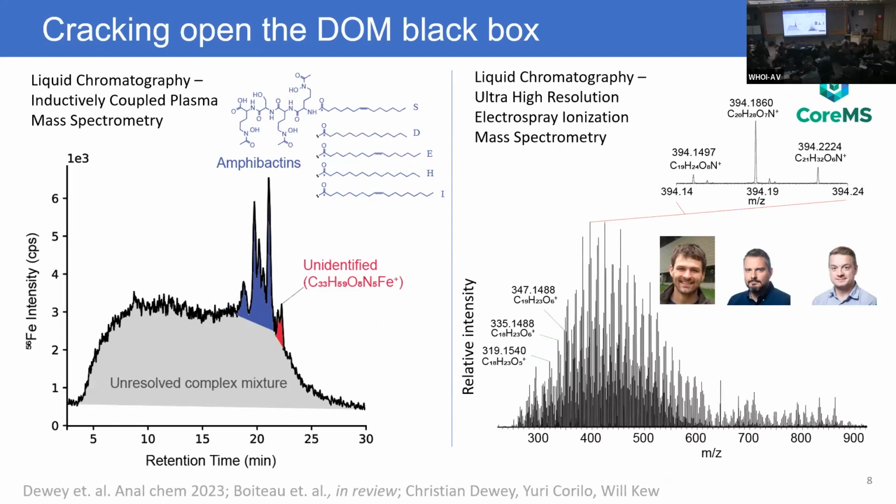And so LC-ICP-MS, again, is great because it gives us quantitation of these different pools, but it doesn't perfectly resolve everything, right? So this unresolved material, these degradation products, probably represent a mixture that might have distinct sources. And so we've been starting to investigate the use of LC with ultra-high resolution mass spectrometry to look at distributions of molecules in a way that actually resolves the molecules that you can resolve with these high resolution techniques.